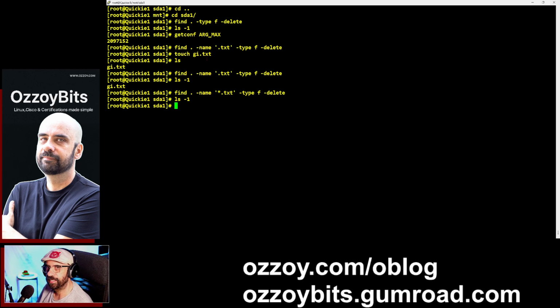You can replace txt with whatever file extension you wish to delete, and everything is back in order. So in order to counter the ARG_MAX limits on your rm commands, delete the folder and recreate it, or use the find command to find the files and then delete them, because this will not suffer from those limits. So now you know what caused the error, what possible causes, and the solutions. The solution of manipulating the kernel itself